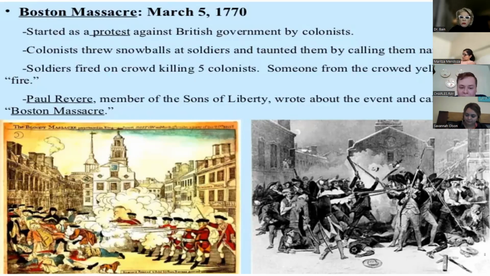So it's not an order to shoot by Captain Preston, who's leading this detachment of soldiers, but some of them do fire into the crowd, killing 5 people, including a colonist who was named Crispus Attucks, who was an African-American man. He was free. And then we have the famous picture over here on the left with the little dog by Paul Revere, showing the colonist side of the massacre. Soldiers in a line, looks like Captain Preston putting out the order to fire, very, very militant looking on a crowd that looks fairly harmless. In fact, they're even saying, please stop, don't shoot. And there's a lot more blood and a lot more guys down than what really happened.